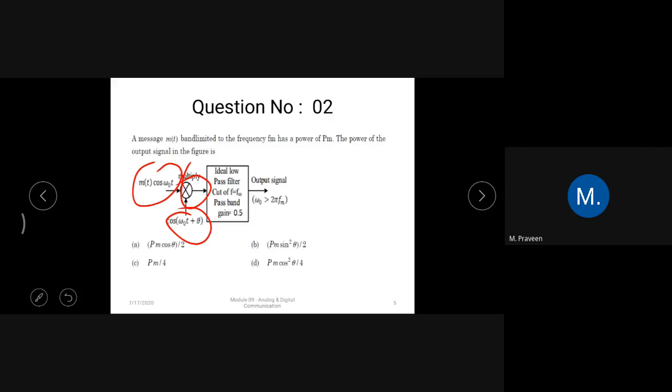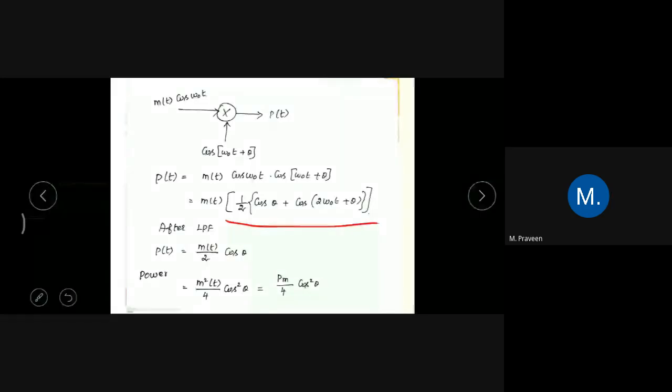We know that the low pass filter allows only the low frequency and rejects the high frequency content. Now if I look into these expressions, there are two frequencies, here the omega naught is equal to 0. Comparing the two, the first portion has the low frequency and the second portion has the higher frequency. So this part will be eliminated completely. Only 1 by 2 cos theta will be allowed inside the filter.